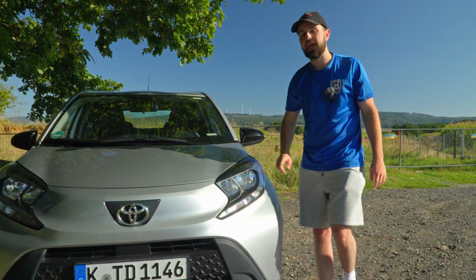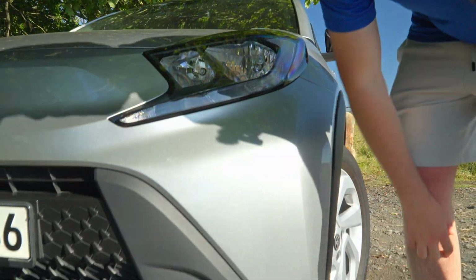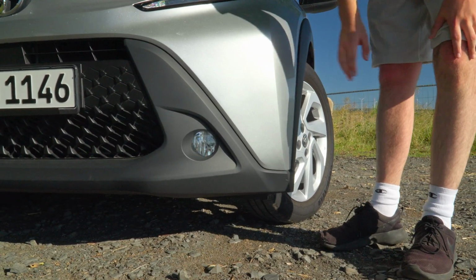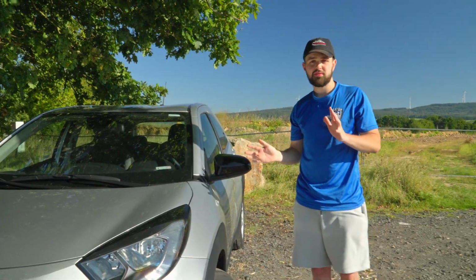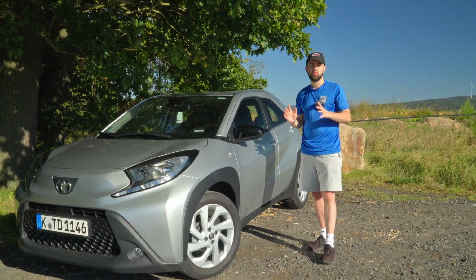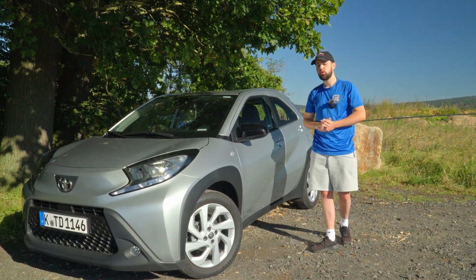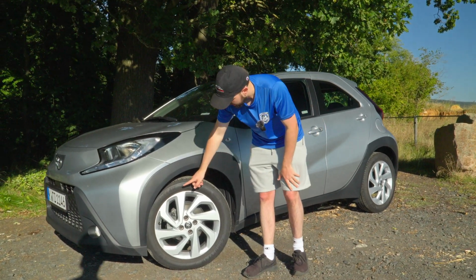For the lights we have halogen lights on the top, and also halogen lights on the bottom, which are going to be your fog lights. Those are not going to be standardly equipped on all of them. However, the car does have a fairly good safety rating, an NCAP score of 78%, which is fairly good. Let's continue over to the side, where we can first of all see our 17-inch wheels, which are 175